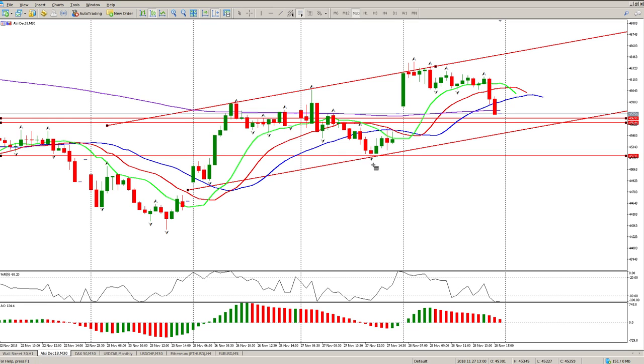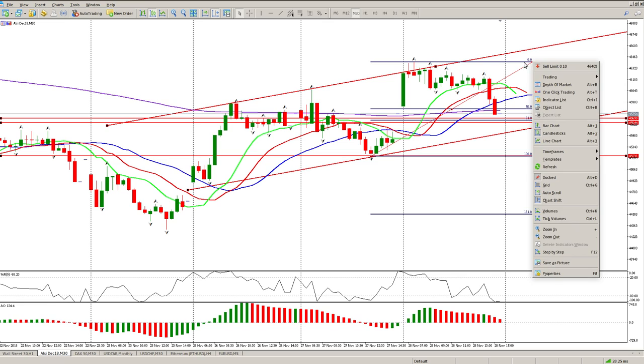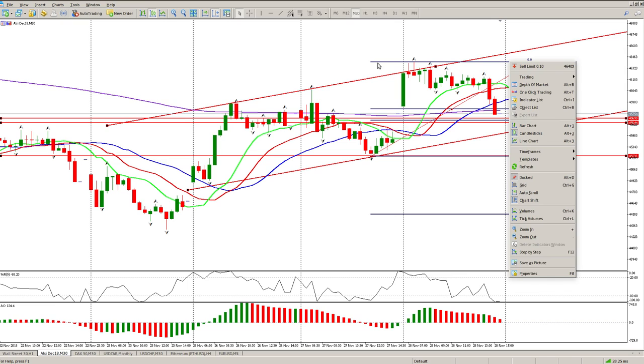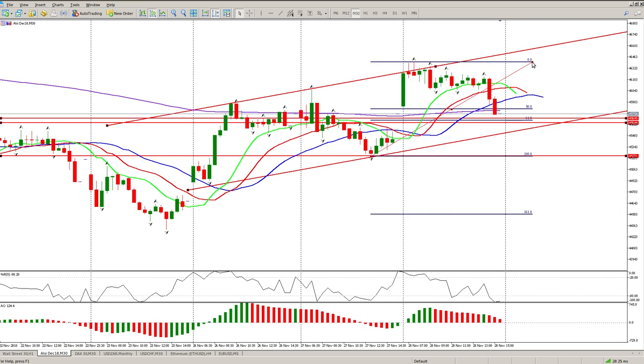Now I'm going to dirty this chart a little bit more, and I'm going to go Fibonacci. We are at the 50% Fibonacci. 61.8 is right in these two levels that I put in. And then you have this gap. Putting this all together, what I would be looking for is to delete the Fibonacci, but it's not going to allow me to do that for some stupid reason. There we go. So what I'd be looking for right now is this channel to hold,